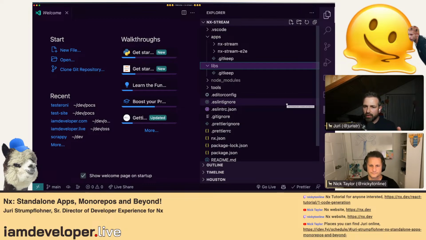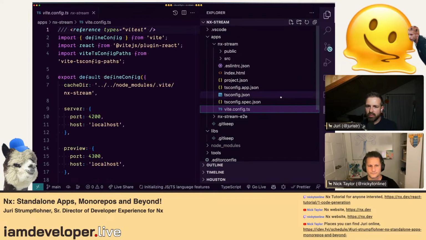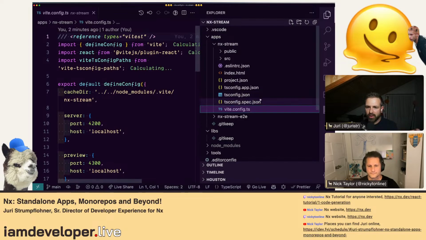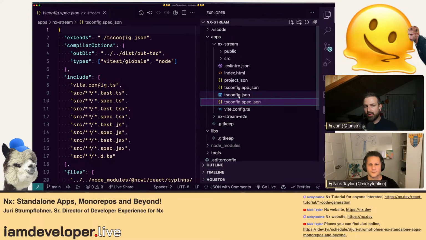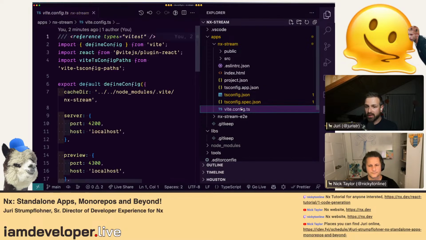So if you expand that one, for instance, we'll see, I think we chose Vite, right? Okay. Yeah, so this is a Vite config. There is an index HTML file. I think there's also a bunch of components defined there, and it also has all those tsconfig set up, and those are set up also in a way that is best for editors, which is also why you see like one for specs, one for the app itself.